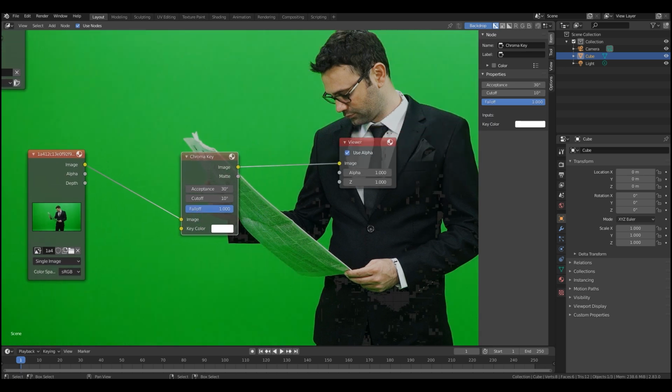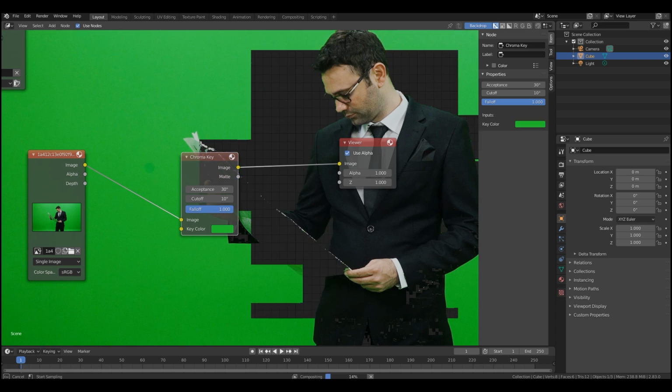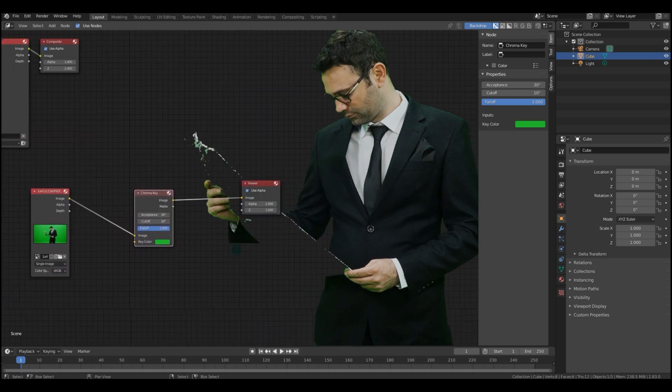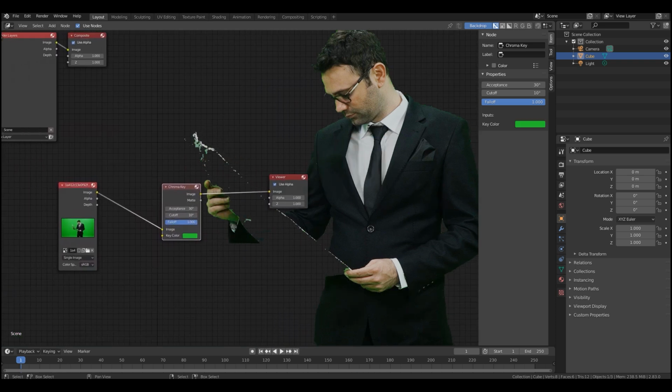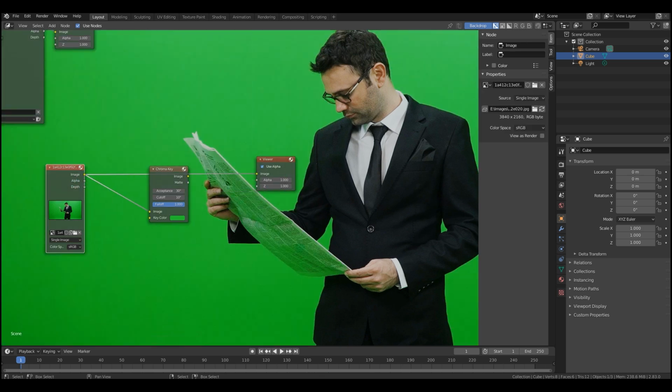The chroma key node works based off of chrominance. You'll set the key color using an eyedropper, or whatever else you'd like. However, you can see that we're running into problems with this image, because the newspaper is basically green, because of the reflection of the green screen. That's just a side effect sometimes.